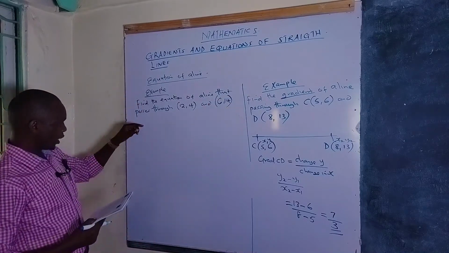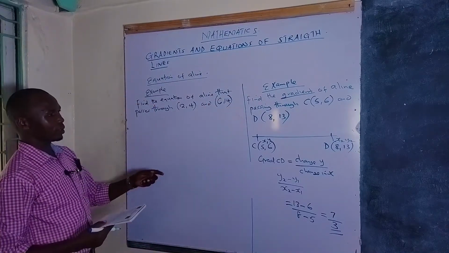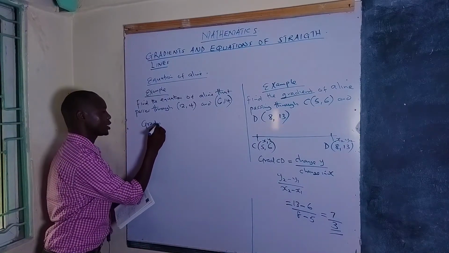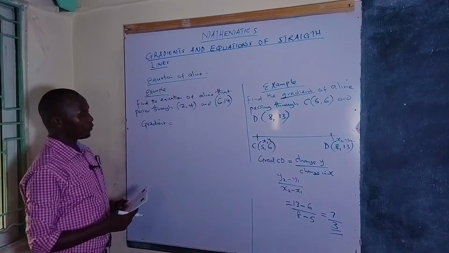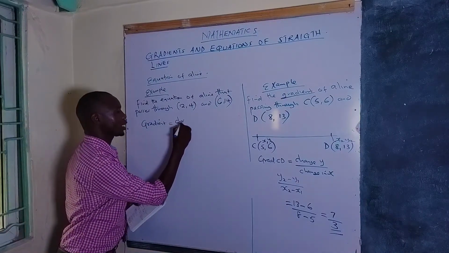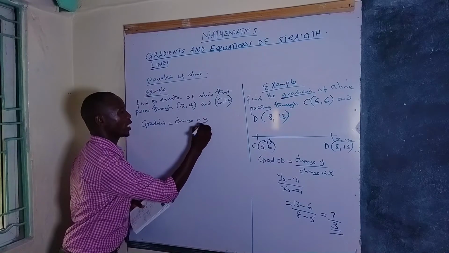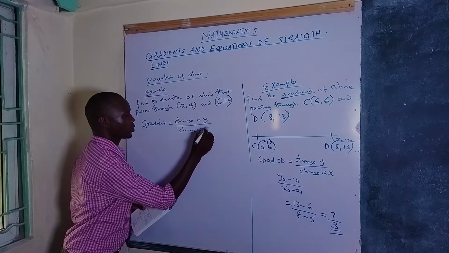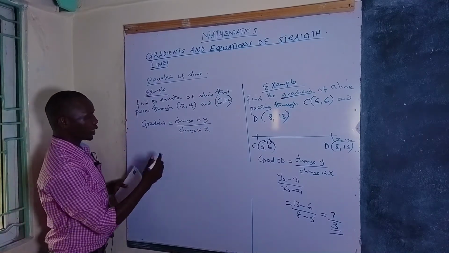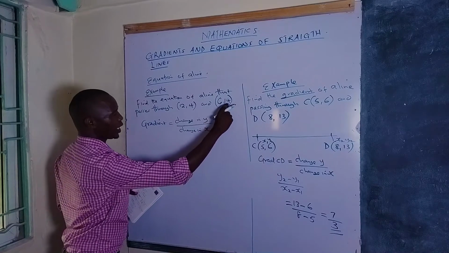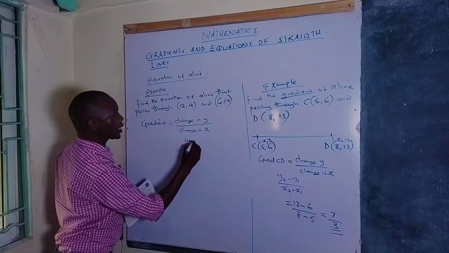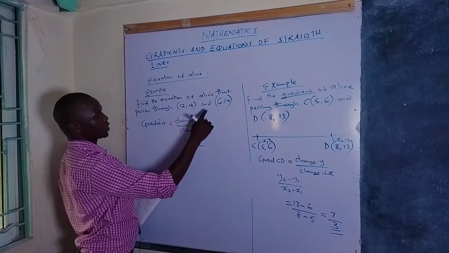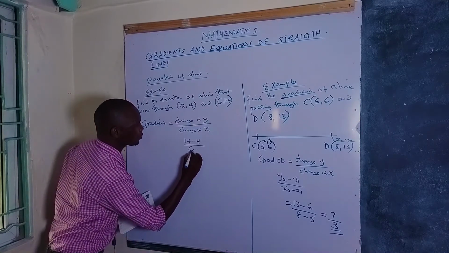So we cannot find the equation of a line without getting its gradient first, and therefore we have to begin by getting the gradient. And we know for us to get the gradient of any straight line, we will always take the change in y coordinates divided by the change in the x coordinates. That is to say, to get the change in the y coordinates, we take y2, which is 14, minus y1, which is 4,